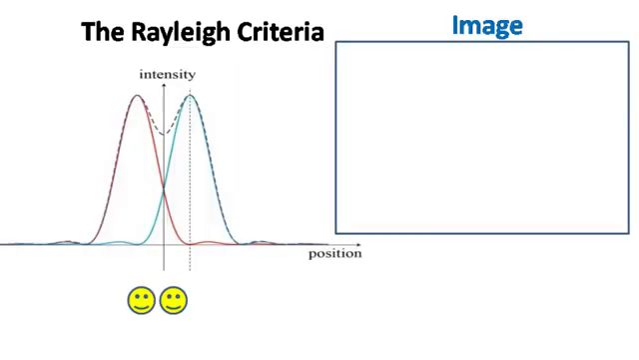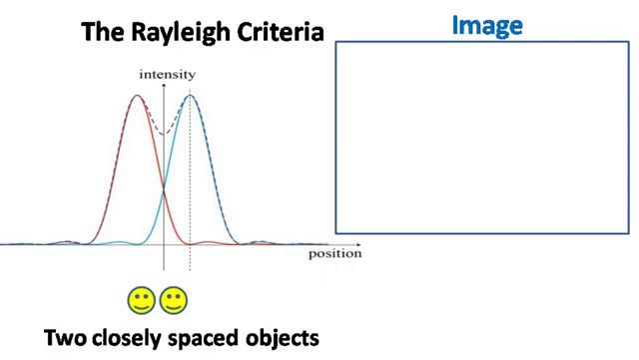The diffraction phenomenon also limits the ability of a microscope to see two closely spaced objects. The ability to distinguish between two closely spaced